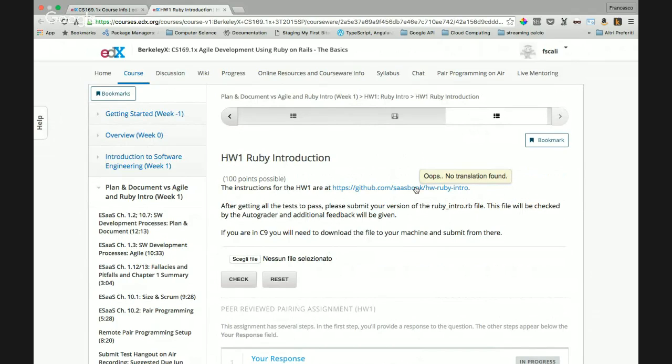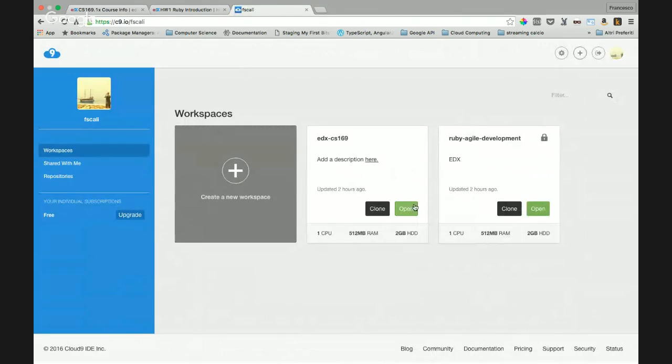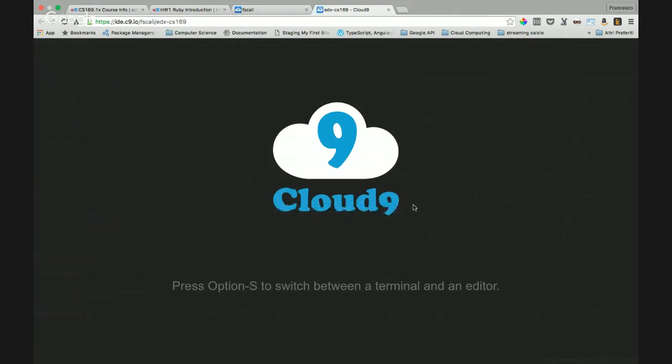Now okay, I open the workspace. Have you ever used Cloud9? No, I just have set it up and tried to execute some Ruby code, and that's all.